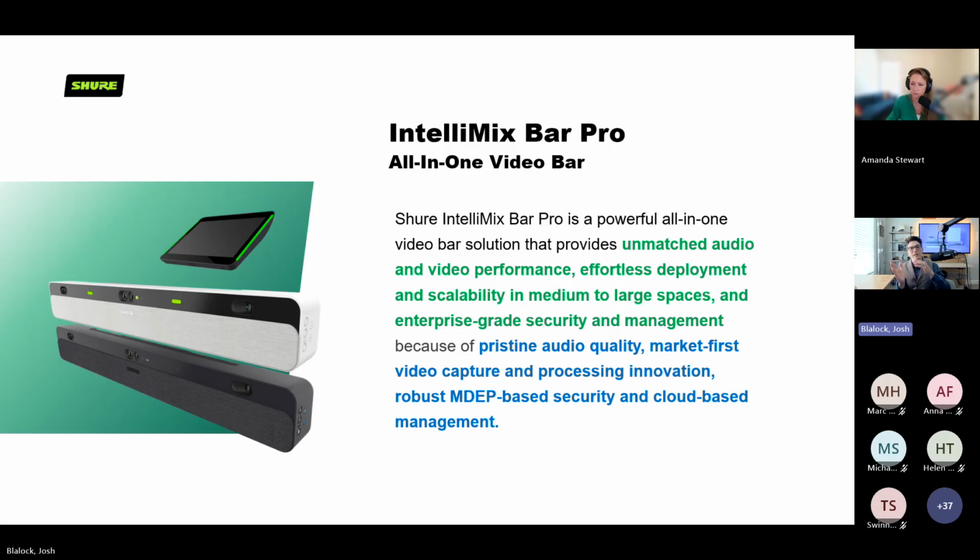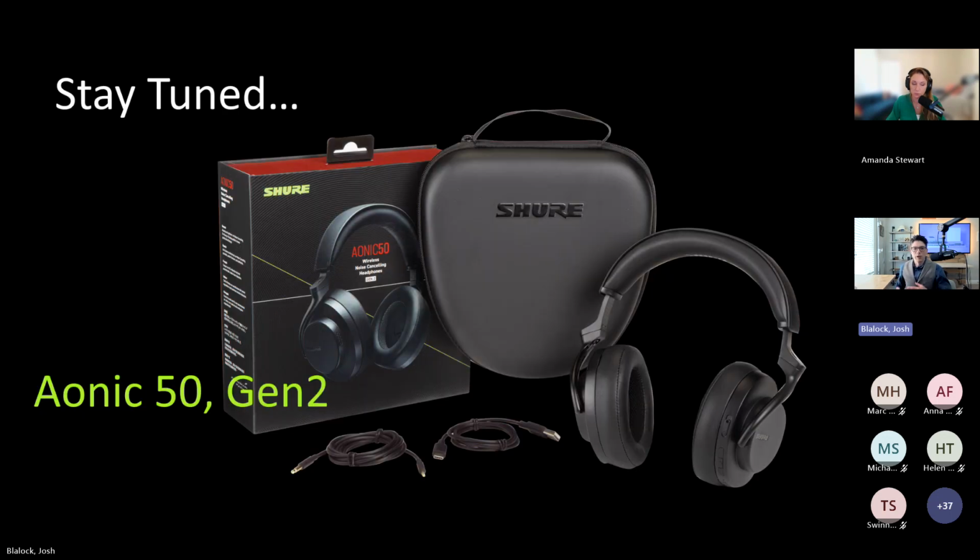It will just intelligently switch to the camera that's got the best angle, and that way Intellimix View ensures everyone is seen, heard clearly in that space before handing off all the intelligent audio and video that needs to be handed off to the agents on the other end. So just a little bit about where our collaboration portfolio is currently, and stay tuned beyond this.